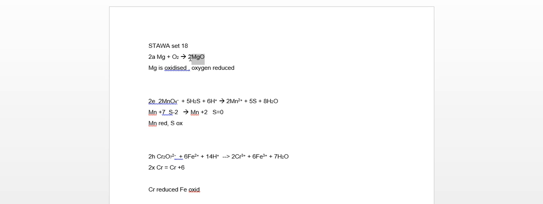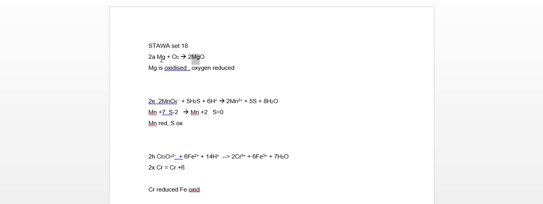Ignore the 2 at the front. That just tells us how many of those we have. But magnesium oxide is the thing that we need to focus on. We know from our rules that oxygen forms -2 unless it's a peroxide, which isn't the case here, or unless it's elemental, which is also not the case here. So we've got -2 on this side. The overall oxidation numbers must add up to 0 because it's a neutral substance, it's not an ion. So if this one is -2, then this one over here has to be equal to